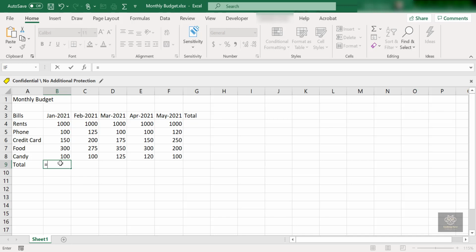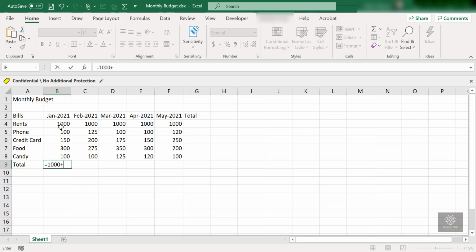Now I want to add up those numbers for January. Well, I could do this. I could say, okay, rent. So here's the rent, 1000. So I will just write here 1000. Okay, well, now I want to add it up. So which operator would I like to use? I want to get a sum, then it will be the plus sign. So I will just enter plus.